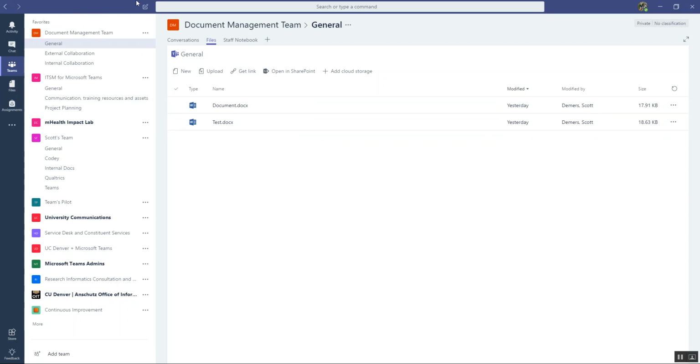Okay, so the site that I'm going to use for this demo is this document management team site I created, right? And it has three channels. It has a general channel, which we're not going to use. It has a channel I created called external collaboration, okay? And this will be for groups or people that are not within the university that I want to collaborate with. So let's say outside vendors or contractors, things like that. And then I have an internal collaboration channel that is strictly for collaborating with just my